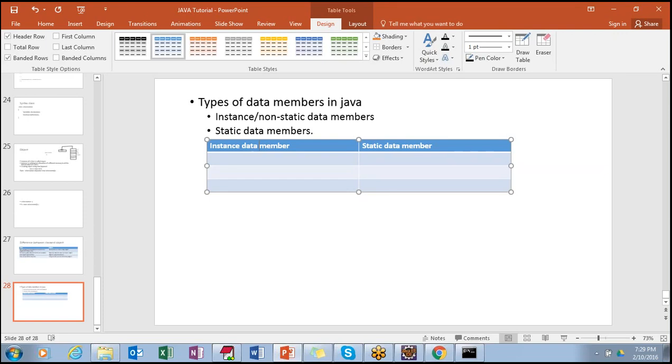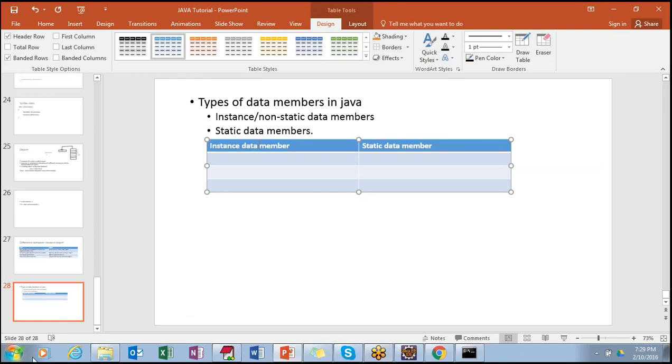So when I say int x in a class and int y in the same class, and I create an object of that class... let's say the class name is Car, and there is a string called car name, and there is an integer called number of wheels. Normally there will be 4 wheels, right? But we should initialize it.